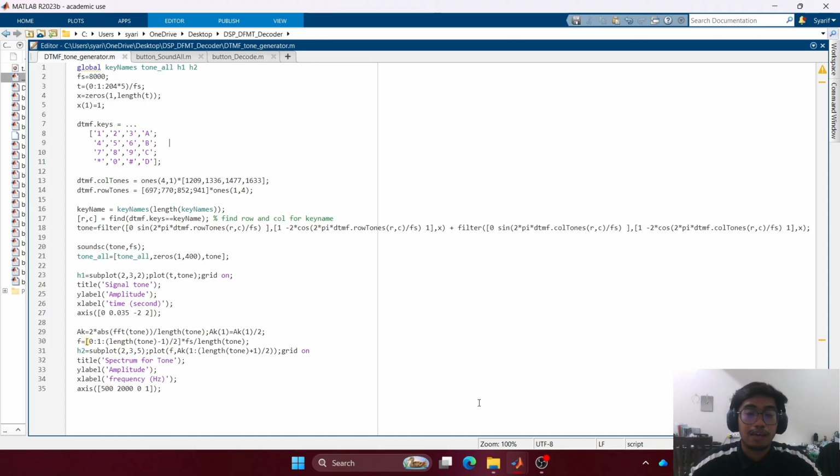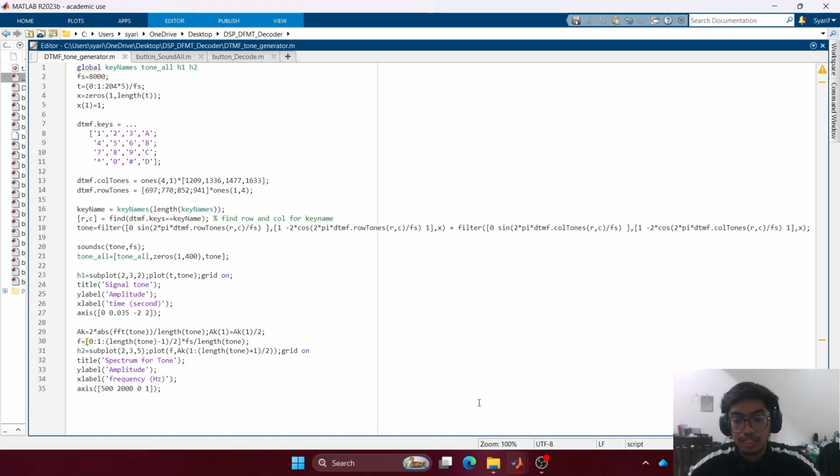So we start with the DTMF tone generator. First of all, let's look at how we actually generate these touch tone keypad sounds. We set our system to run at 8000 Hz as our sample frequency, which is the standard for telephone networks. Instead of taking up a ton of memory by saving pre-recorded audio files for every button, our code is much smarter than that. It builds the tones from scratch in real time.